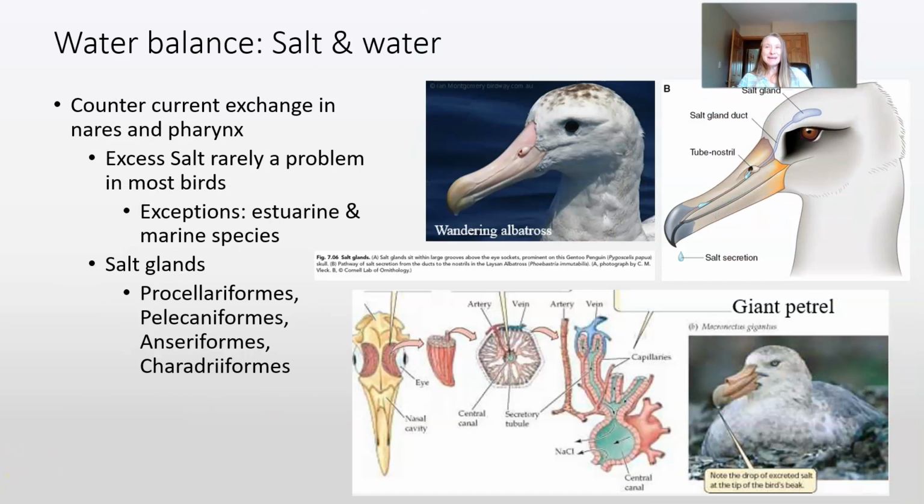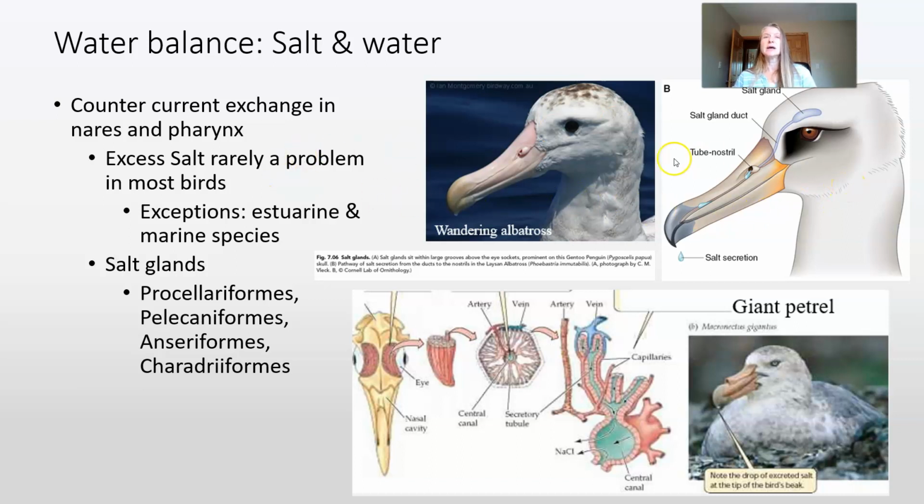Okay, at the very beginning, I talked about water balance, and then I went to metabolism. Part of the reason why I put it that way is because metabolism is creating water. So now we can go back and think about water balance and how we deal with salt and water conservation or excretion. So we see countercurrent exchange for some organisms that live in high salt environments where you have